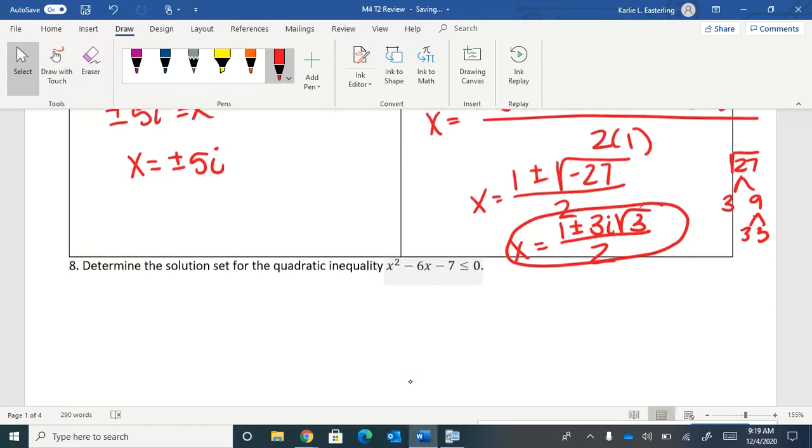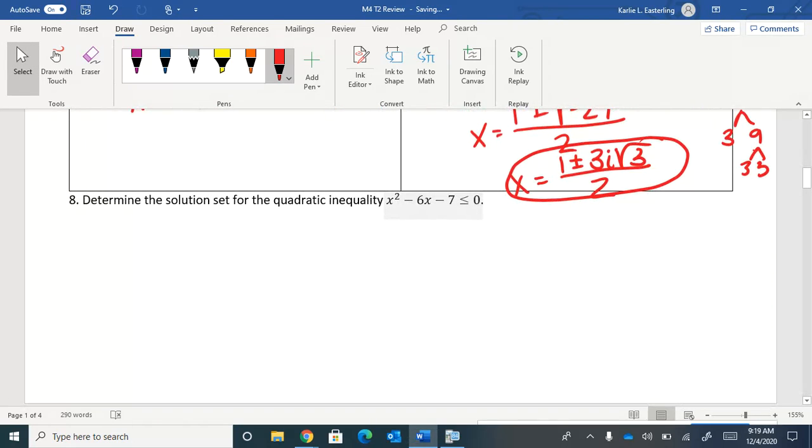All right, so determining the solution set for the quadratic inequality. So this was those ones where we would solve it for our x-intercepts, and then we would put those on a number line, pick a number to the left, pick a number in the middle, and pick a number to the right. So I recognize that this was easily factorable because the factors of 7 are 1 and 7,